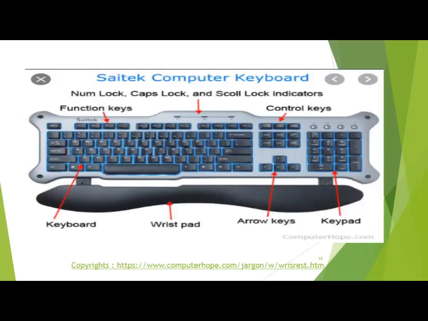Move to next slide. Now, this is the picture of a keyboard. You can see the alphanumeric keys, and arrow keys which are used to move the cursor left, right, up and down, and for page movement. Then a special keypad for numeric entries, control keys, and function keys. Each key has a different function and purpose, and you must be aware of that. So moving to next slide.